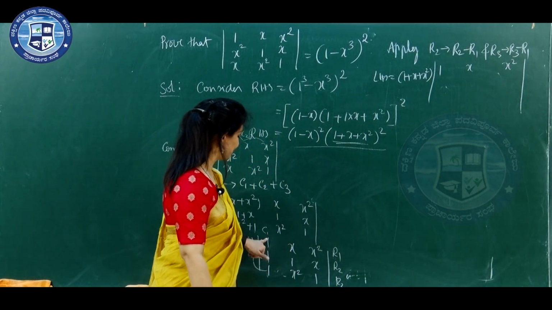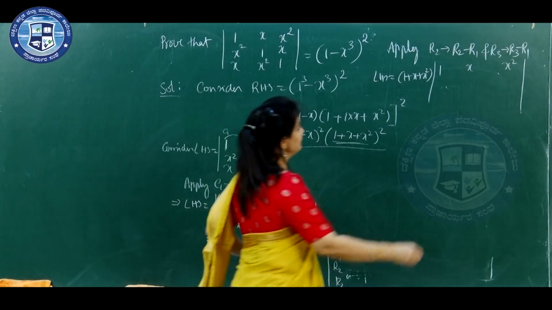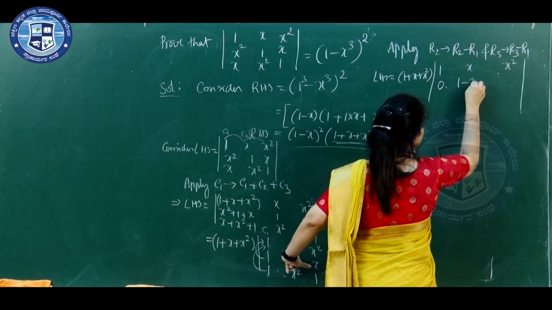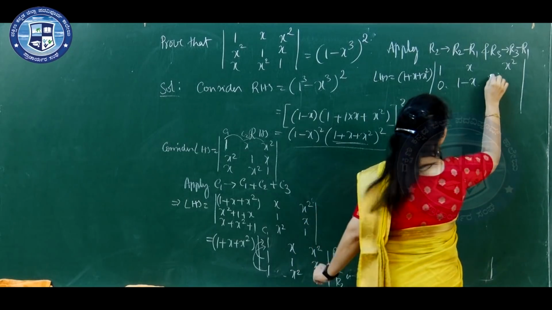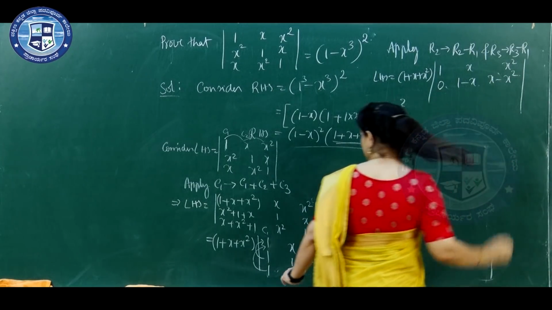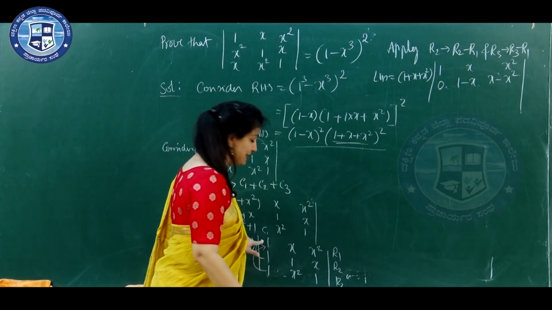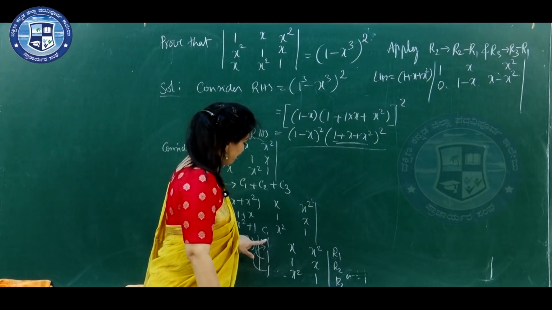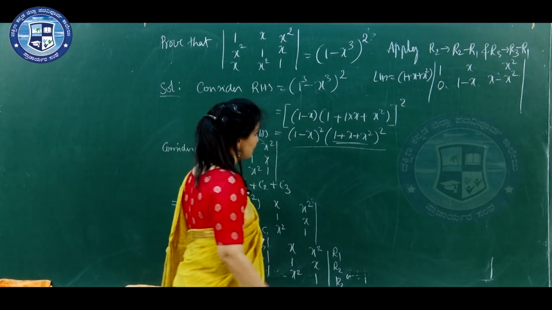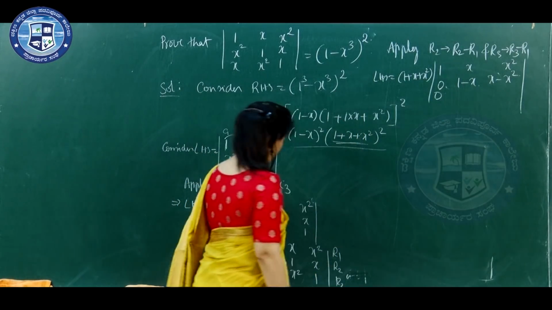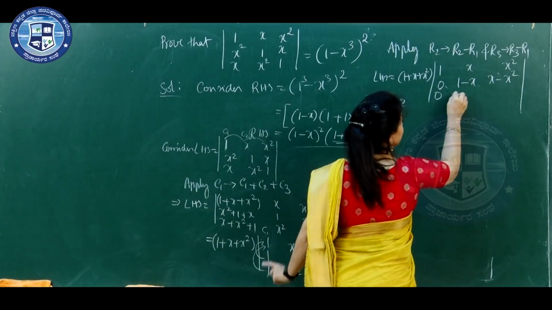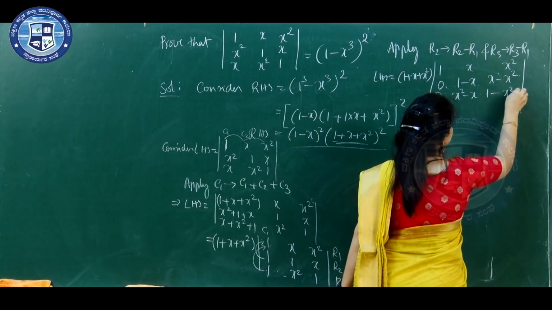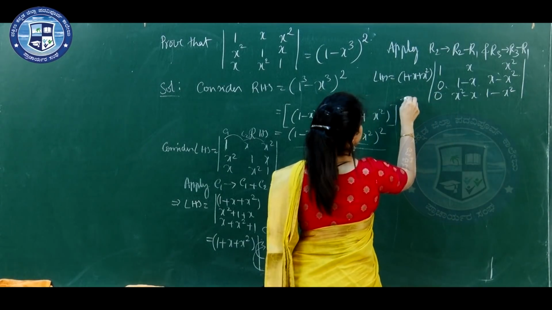And second row minus first row, 1 minus 1, 0. Next 1 minus x, then x minus x square. Third row minus first row elements, corresponding elements of third row minus the first row, 1 minus 1, 0. x square minus x square minus x, and finally 1 minus x square. Now, what is it? It can be written as